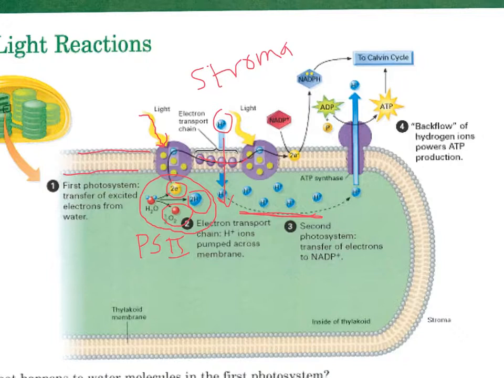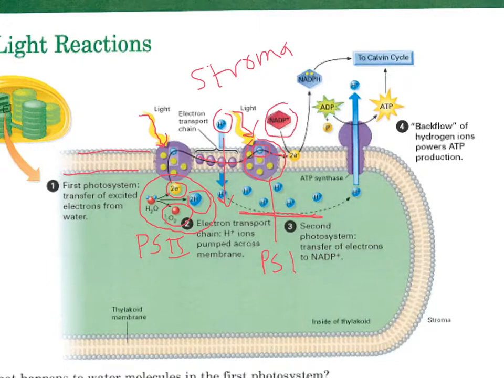of this electron transport chain is another photosystem. And this photosystem is also absorbing light, and this is photosystem 1. So let me write that. I'm kind of making a mess here, but this is photosystem 1. And it's taking the electron that came along the electron transport chain, and it's exciting it, just like the first photosystem did. And so when photosystem 1 is done and gives it to this electron acceptor here, instead of going to another electron train, or electron transport chain, I should say, it's going to take the electrons and give it